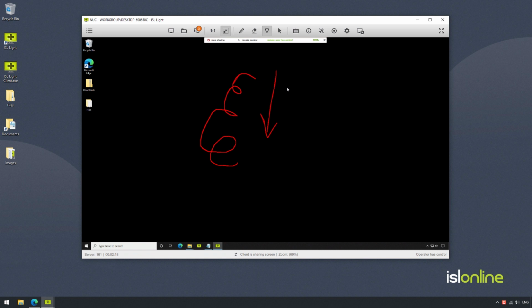The pointer tool is just a single click option that allows us to point out one or several elements. If we want to clear everything up, we can click on the eraser tool. Also, if we right-click on the eraser button, a drop-down menu with the erase options will appear. You can choose to erase everything in 5 seconds, 10 seconds, or just select manually if you want to keep the marking there until you press the eraser button again. To switch back to control the mouse again, click on the remote control tool.